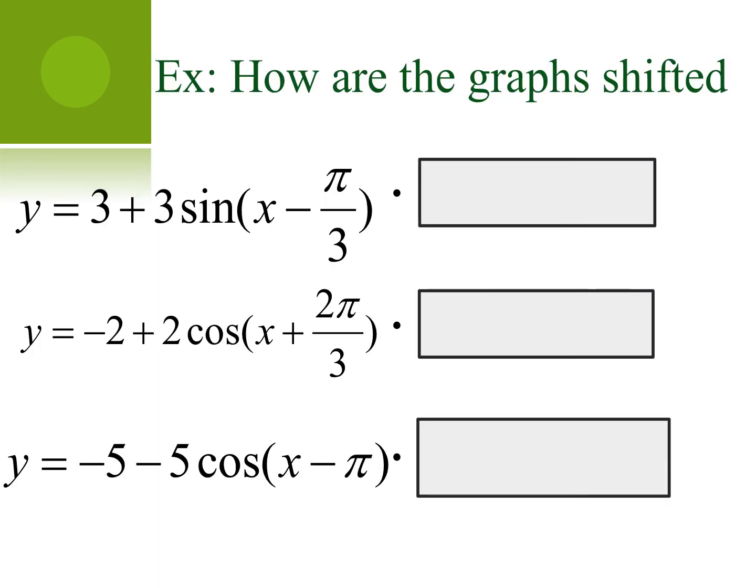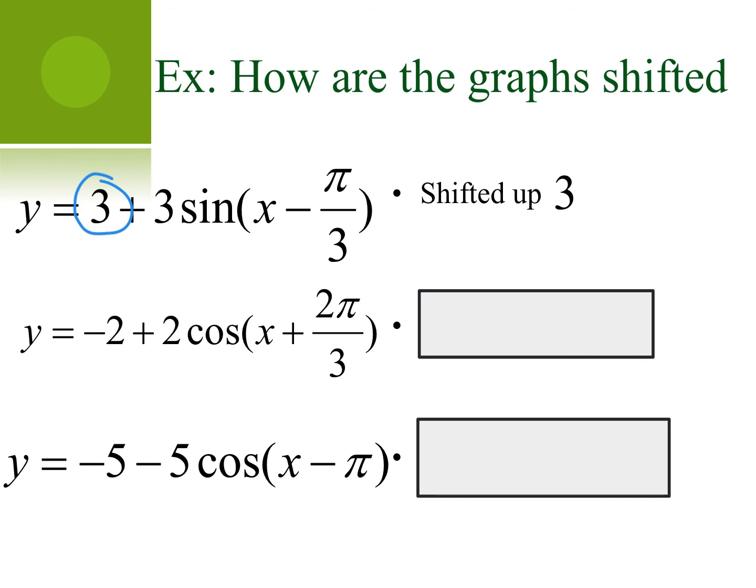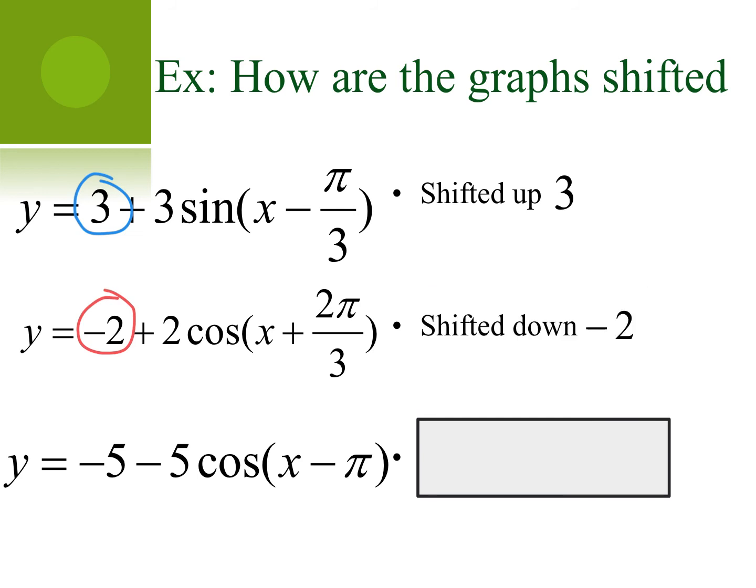For the following functions, we're going to go ahead and identify any kind of vertical shift up or down, which means we want to identify our d value. For our first function, our d value is going to be this positive 3. Since it's a positive 3, that means we're going to have a vertical shift up 3 units. For our second function, the d value is going to be the negative 2. Since it's negative, we're going to have a shift down 2 units. And for our final function, the d value is the negative 5, which means, again, we're going to have a